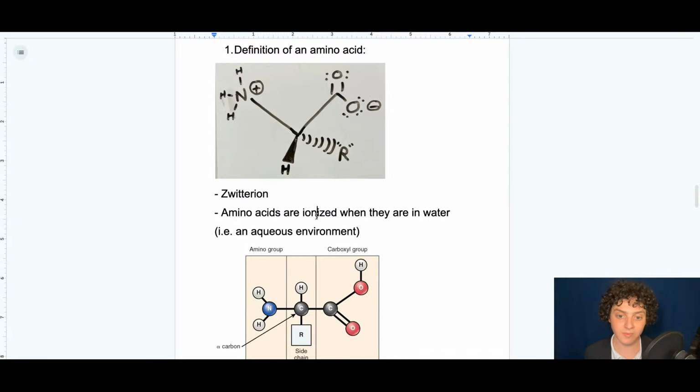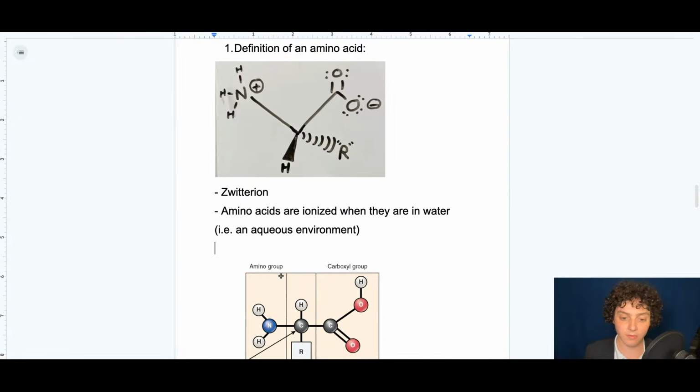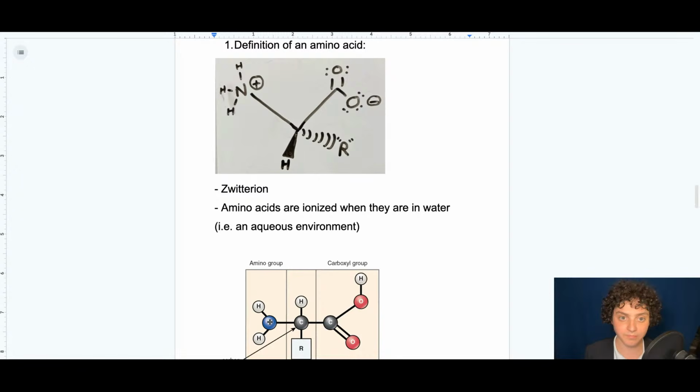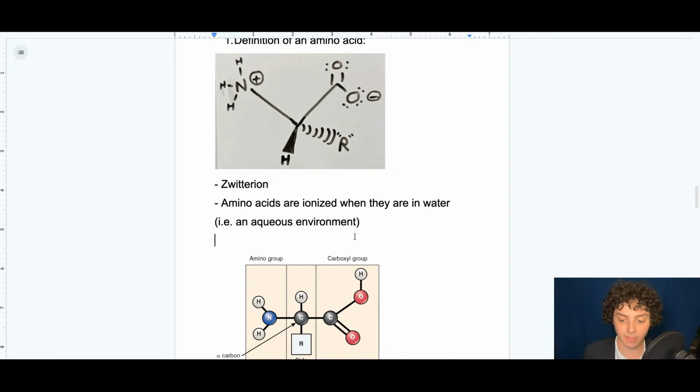So let's go a step deeper. Why are they ionized when they are in water? And particularly, why does the ion look like this? Well, let's see another difference between these two pictures. There's one H on this N that is not there here. And there's one H missing from these O's, which is there here. The transfer of those H's is the domain of acids and bases in chemistry. An acid loses an H and a base gains an H.